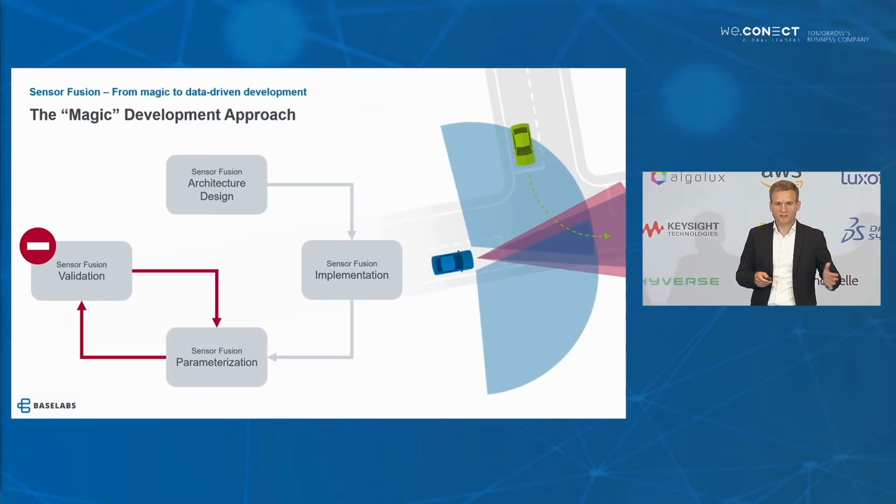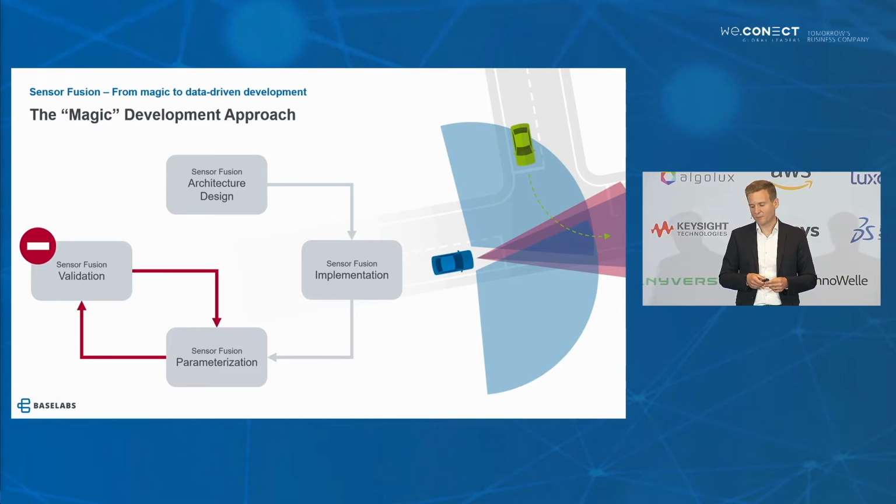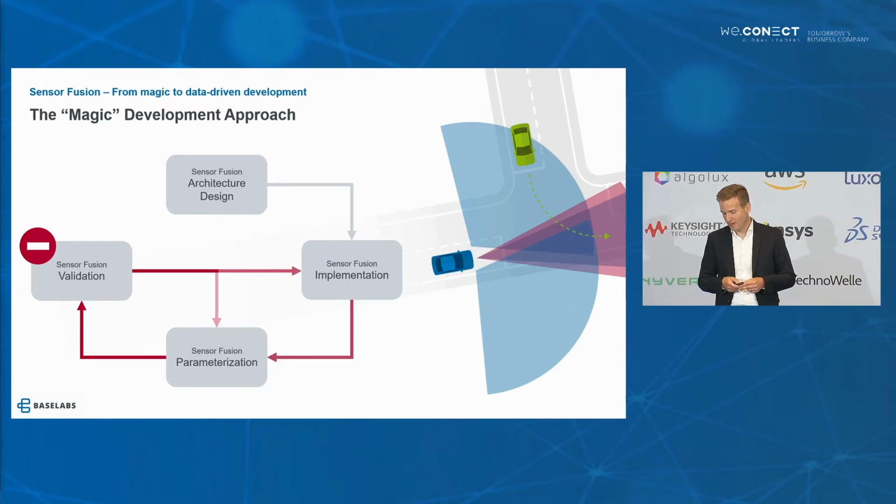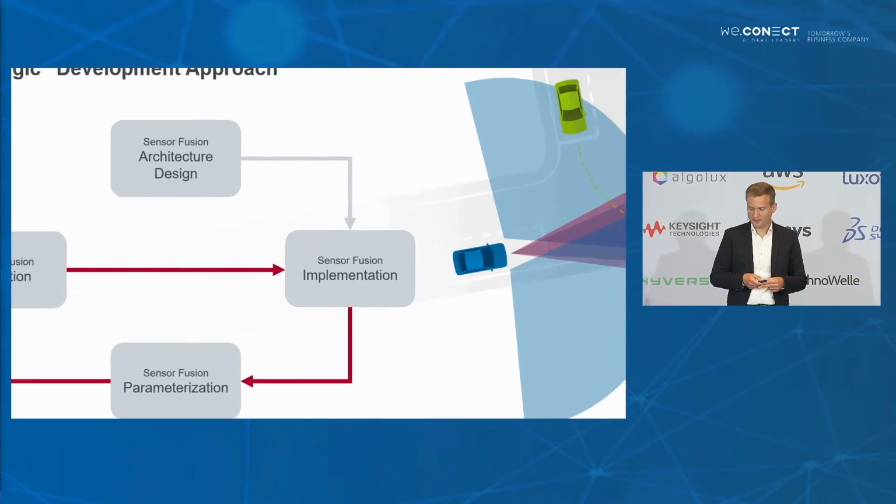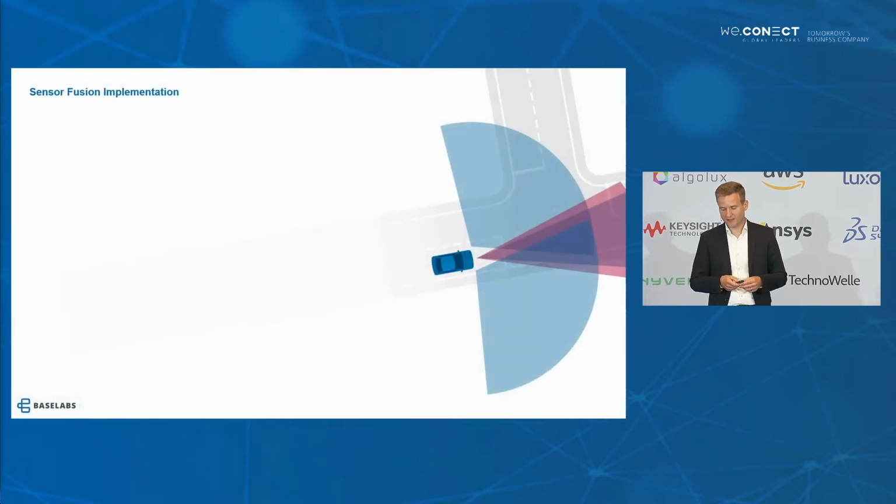After this process, the validation restarts, and let's assume that it still fails because this was not enough, so changing the parameters is not enough. And the next step that the developer could take is changing the implementation that he has at hand. Let's have a look at how this very often looks.